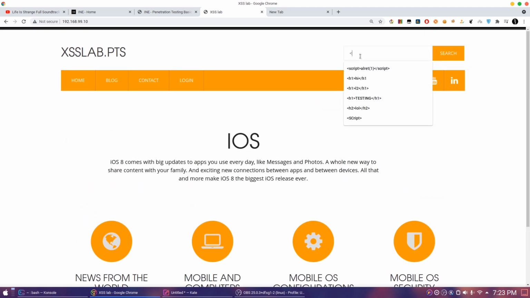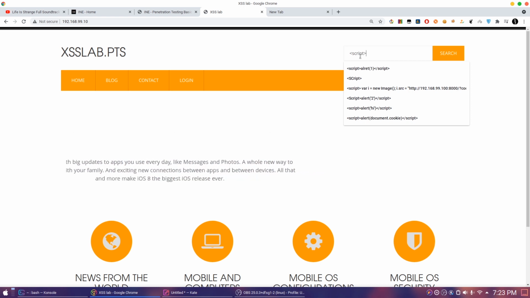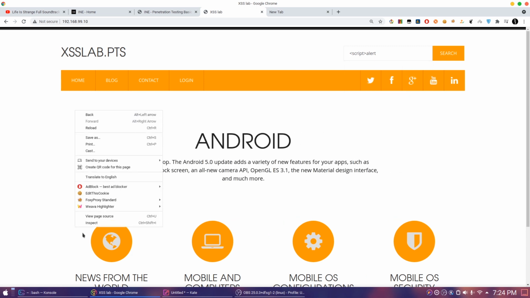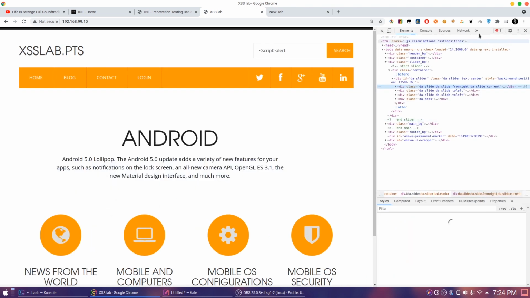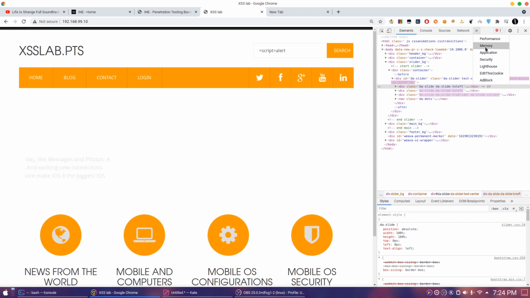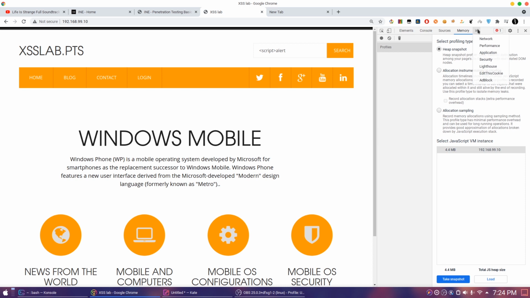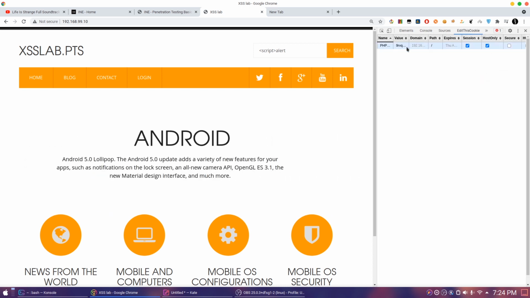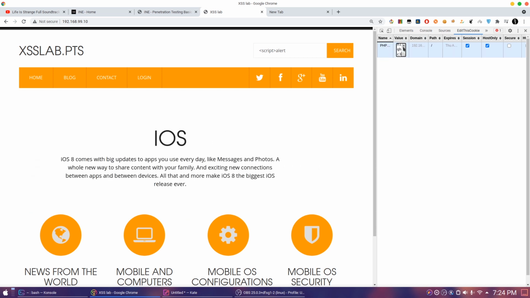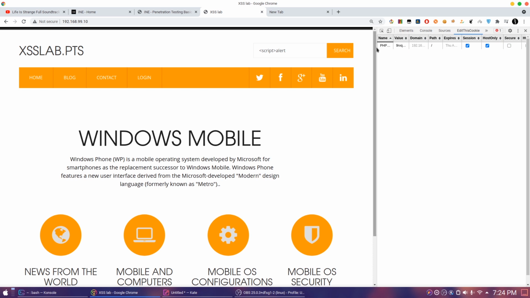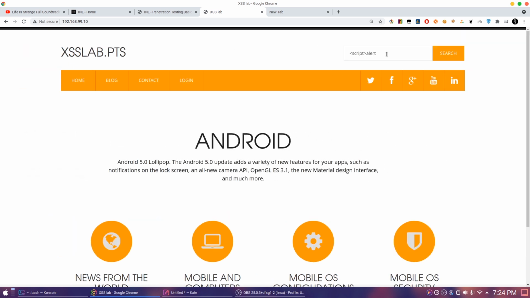Here instead of alert, what you can do is display the cookie. If you right click on this page, go to inspect, and use the Edit This Cookie extension, you can see the cookie PHP session ID. This value, this ID, represents our user. Since we did not log in, it's a normal value. I will show you the cookie when we have logged in as an attacker.